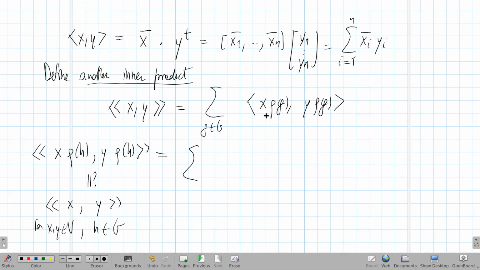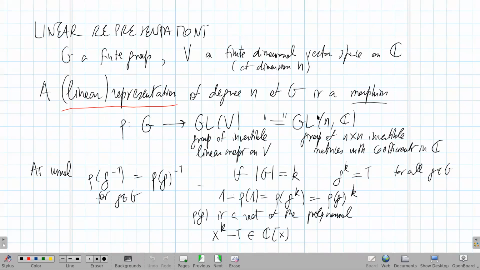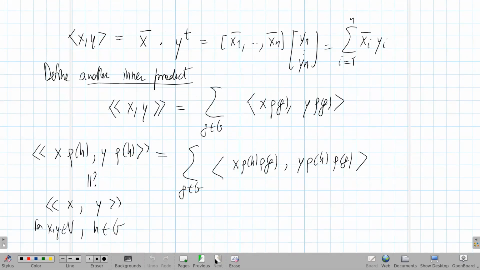So what's this product? I take this definition, it is the sum over g in G of what? Well, this time instead of x and y, I have x rho h and y rho h. Now, well, I could have taken more space. Now I know that, of course, rho, remember, rho is a morphism, okay? So rho h rho g is nothing else but